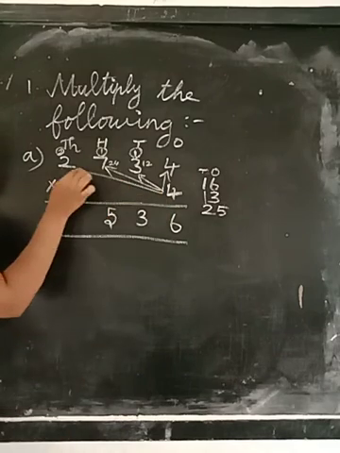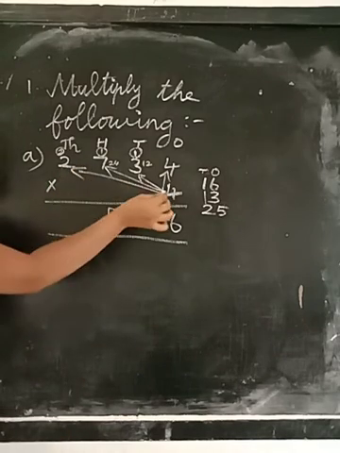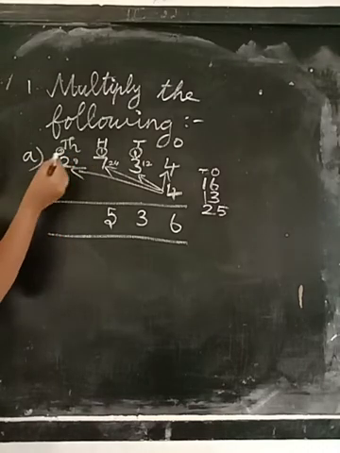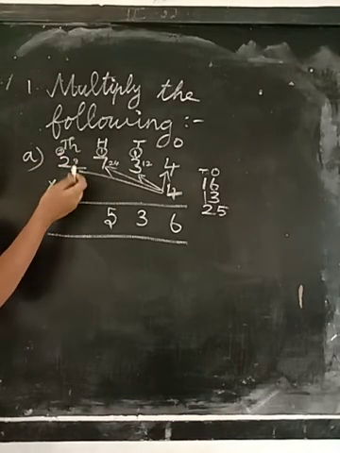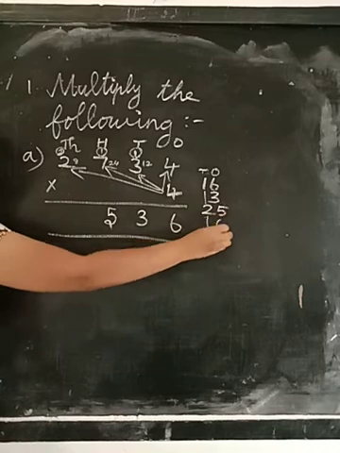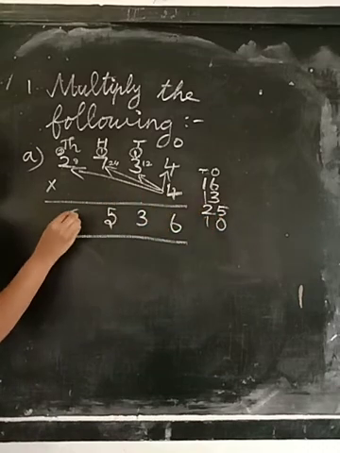Okay. Now we have to multiply these two numbers. So it is 4 twos are 8. You are getting the answer 8, and here carryover is 2. So 8 in the mind, 2 in the fingers, 8 after 9, 10. So the answer is 10. So the ones place number is 0.